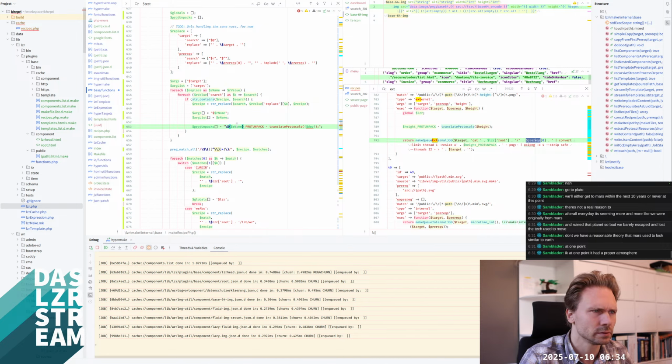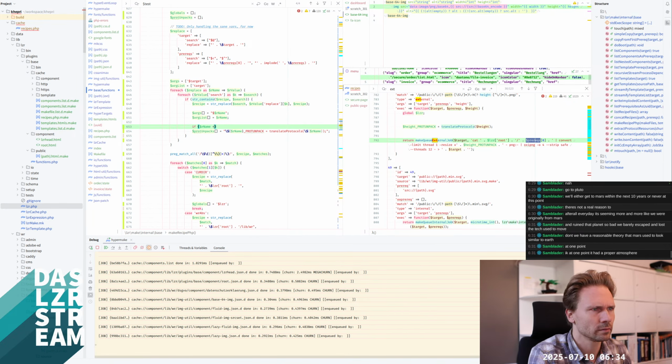This and protocol unpacks would be this, but only for the target. If the R name is prereqs,